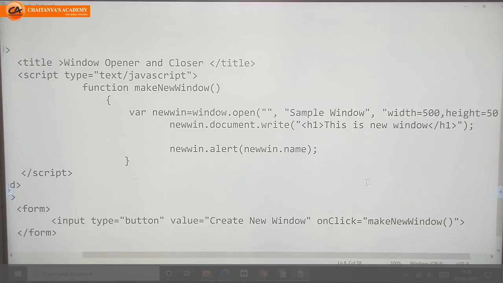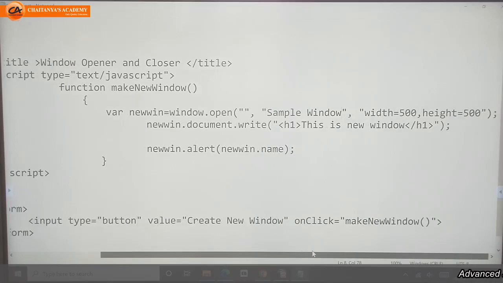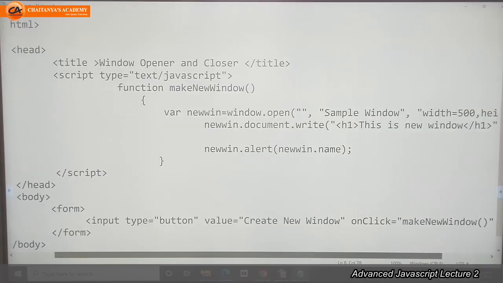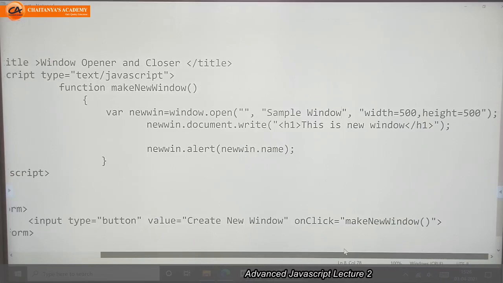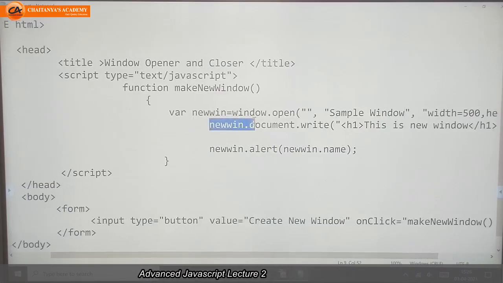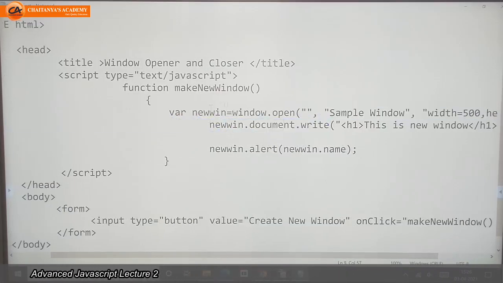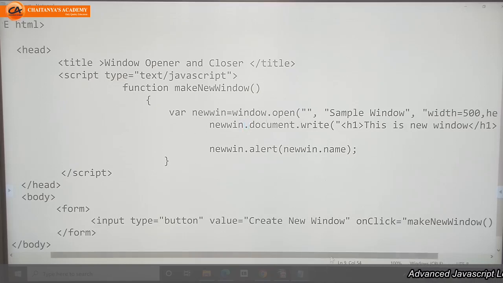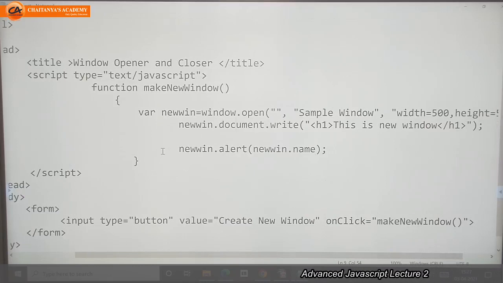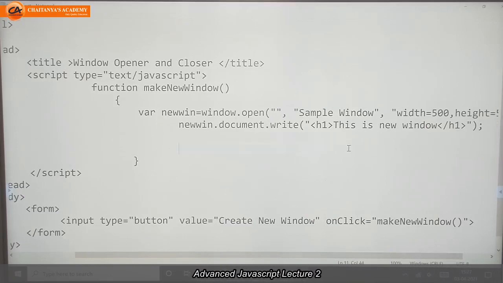This is my name. Next, the height and width of the window. I will assign some height and width attributes, and I want to write some text on that window. So how can I write? newWin, this is my variable holding the window object, newWin dot document, on the document of that window dot write, what I want to write: this is new window.